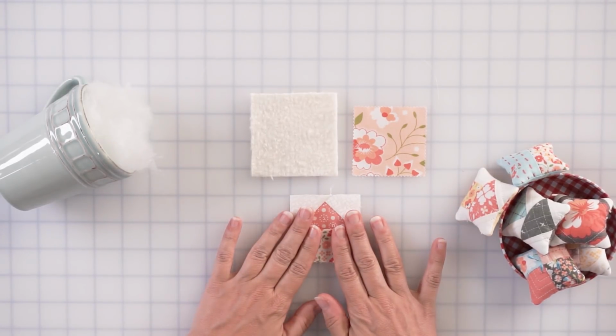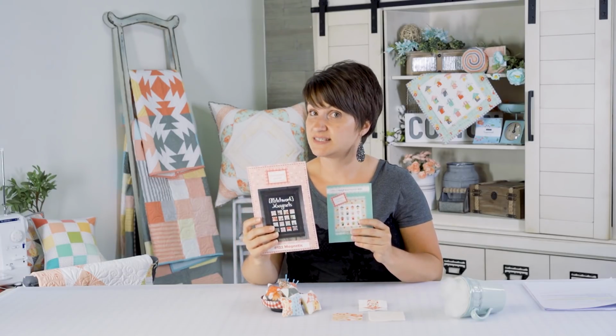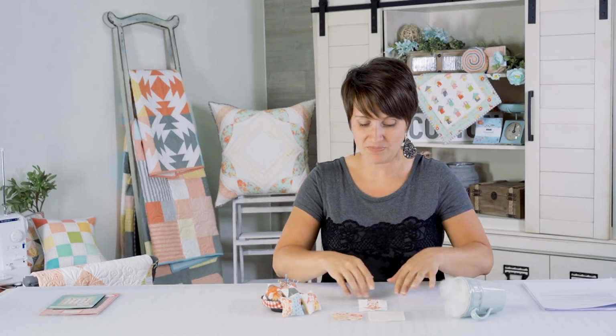I pieced him together. You will find piecing instructions in either the mini neighborhood pattern or the patchwork magnets pattern. Both of those have this same exact house used in there. He was just too cute to do just one pattern. So there's 2 different ones you can choose from. I've got him